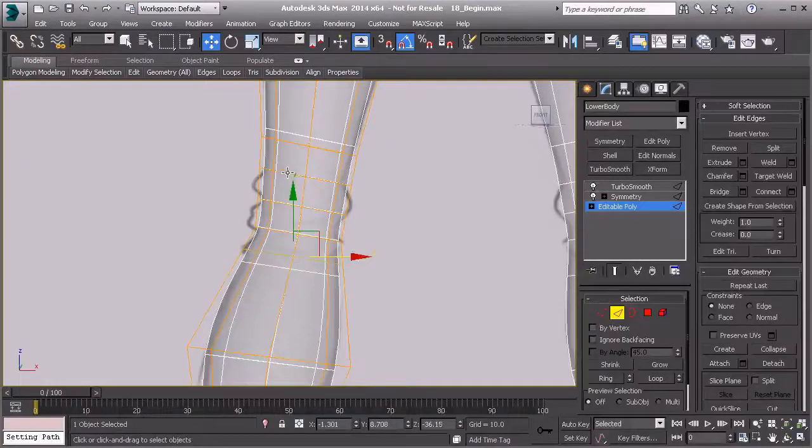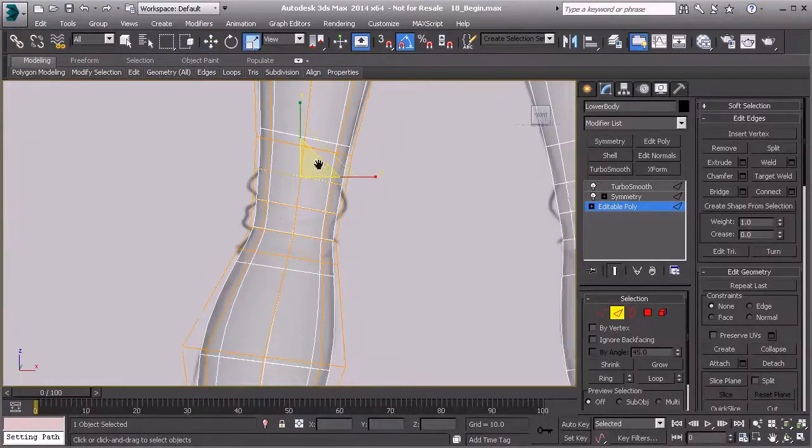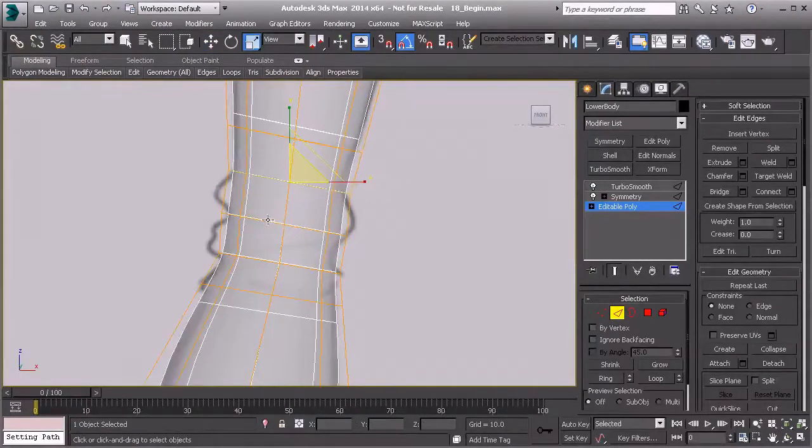I also want to make sure that I double click on those loops and kind of scale those in just a little bit. Okay, just kind of create that same curvature there. So now what I want to do is I want to add some wrinkles just to get started here. So looking at this, I could actually take this segment right here and I could pull that down right into this area. Okay, or I could just leave this one right where it's at and add another segment in between to create that wrinkle